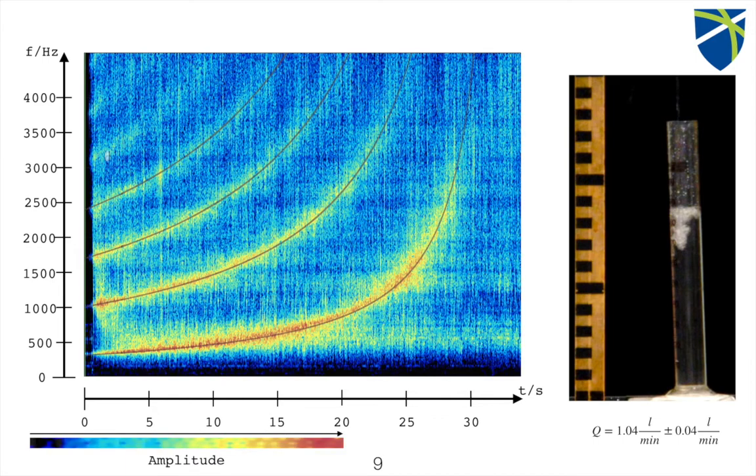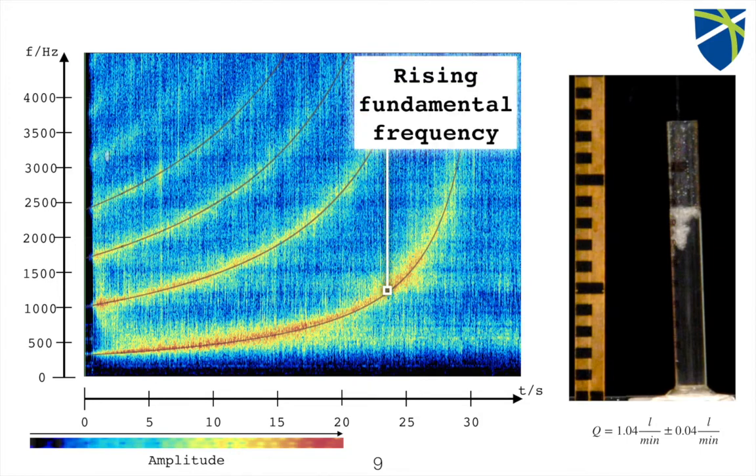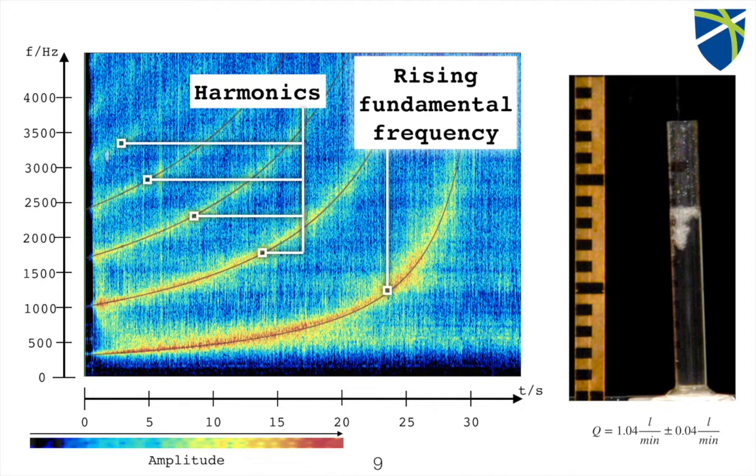And when we analyze the sound that we recorded with a spectrum analyzer, with frequency on the y-axis, time on the x-axis, and the amplitude of a certain frequency at a certain time on the z-axis presented as color, we see that our experimental data matches the calculations quite well. So we have the rising fundamental frequency and some harmonics and background noise. So we've derived a mathematical model revealing accurate predictions for the frequency. Another thing that we have realized is that the amplitudes decrease with increasing frequency, and to understand that,